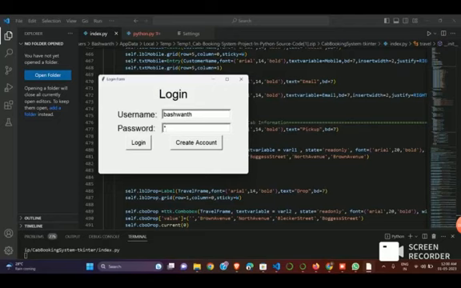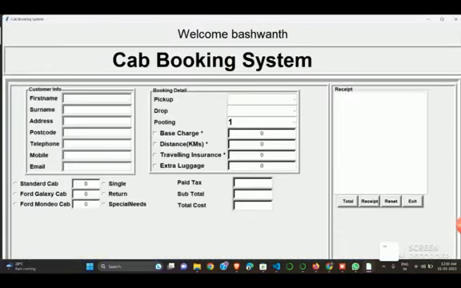Now the username will be BASHWANTH, and the password will be 123456. Then login. See, now the interface has been opened as Welcome Bashwanth, cab booking system. Now we will try to enter the details. My first name is Bashwan, and the surname, let us give as small k. Address will be